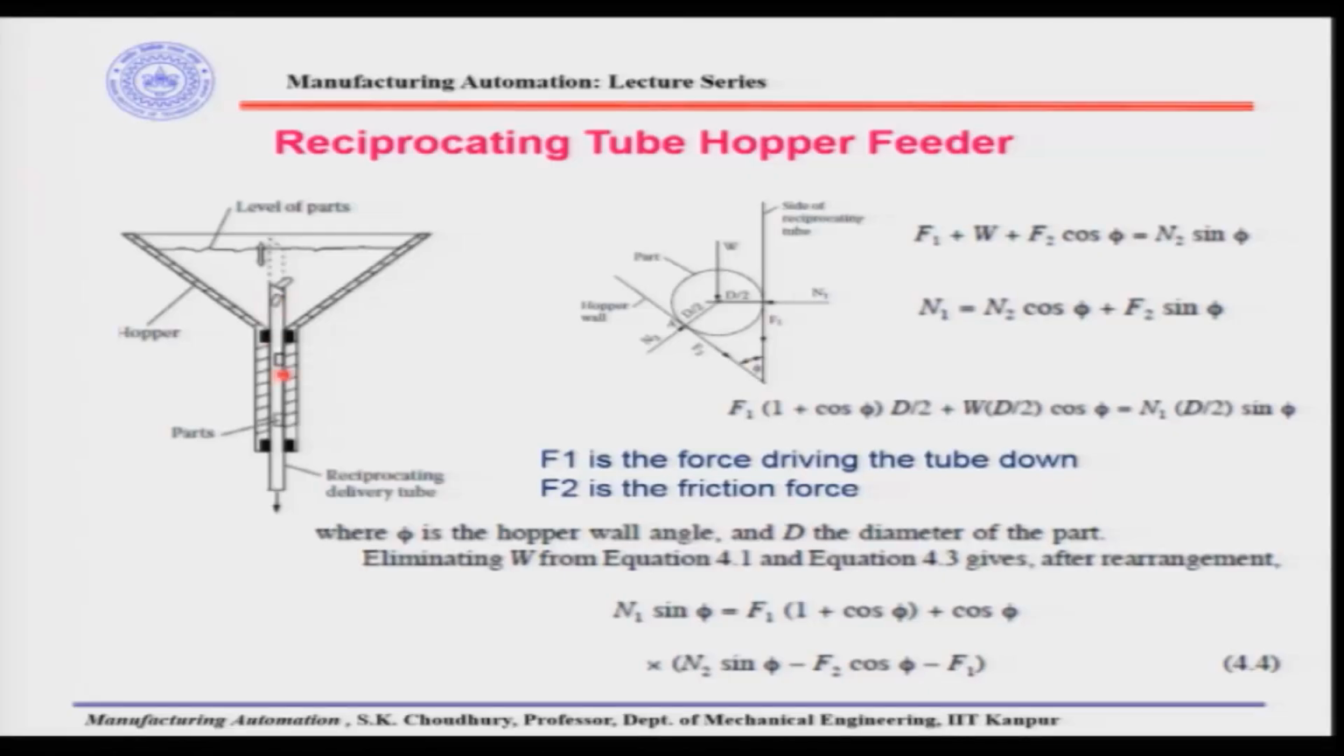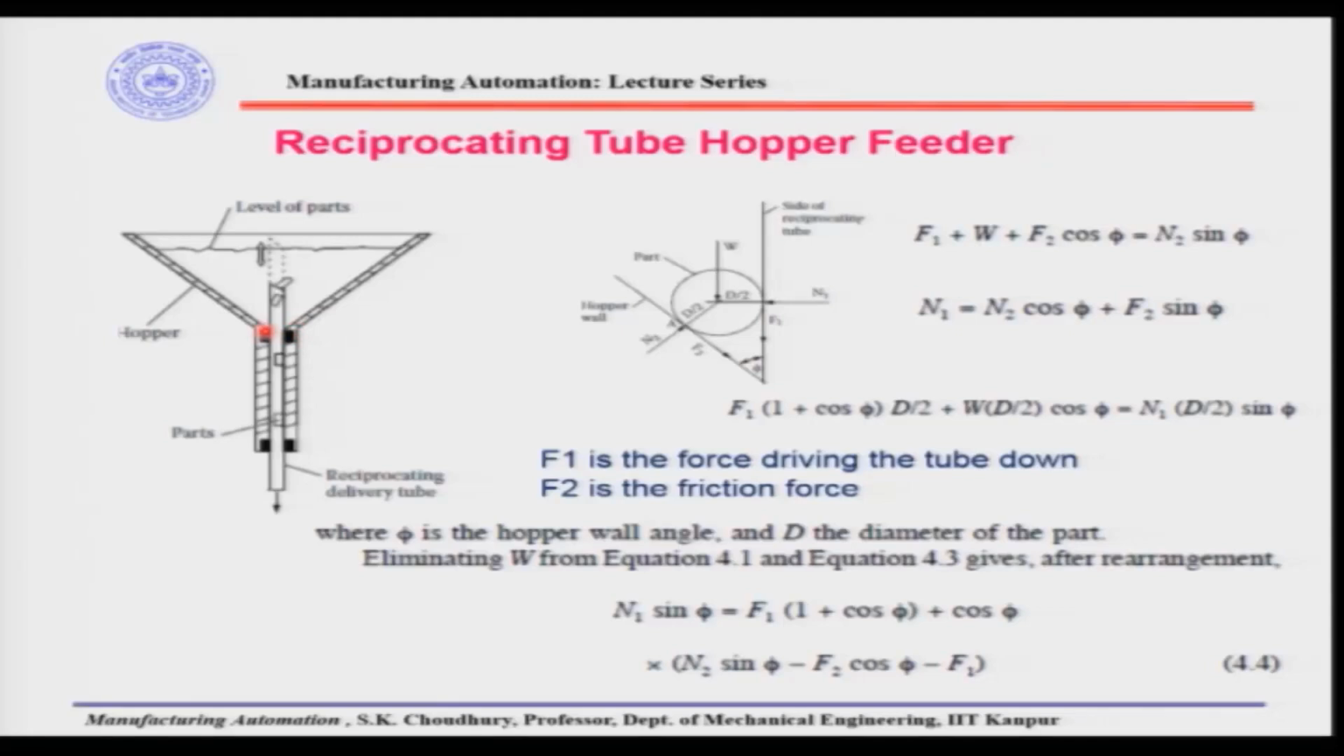There the principle is that by the vibration we are actually moving the parts. Here it is even more simple, that this reciprocating tube is actually taking the parts one by one. This can be used for cylindrical parts, for round shape parts, okay. And accordingly the inside silhouette or the inside shape of the hollow tube should be made according to the shape of the